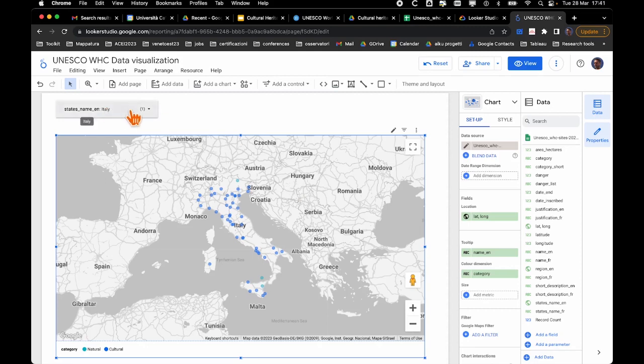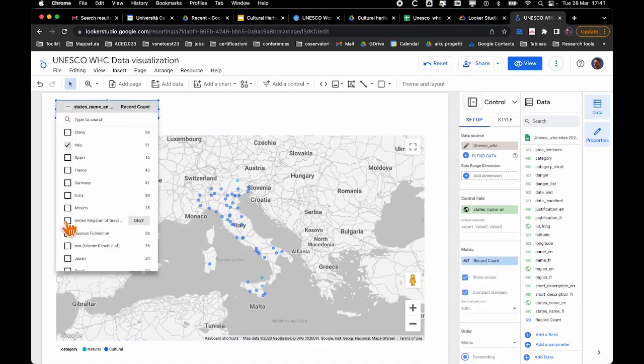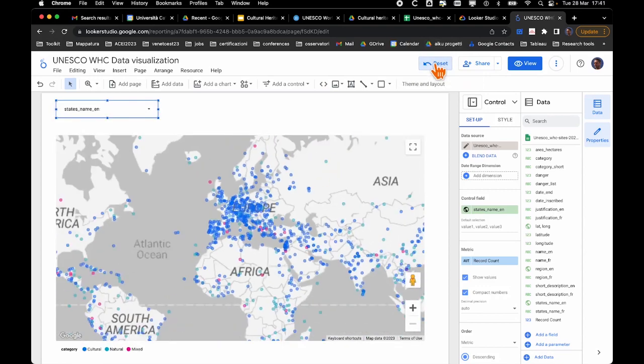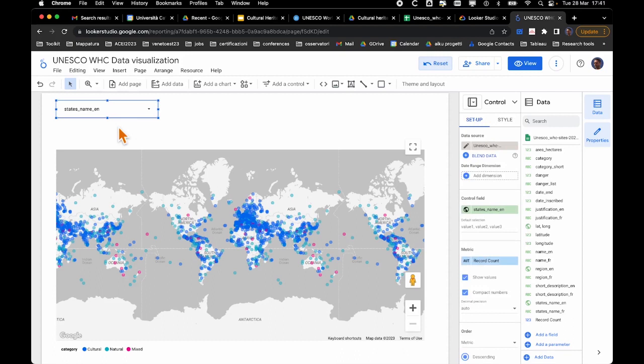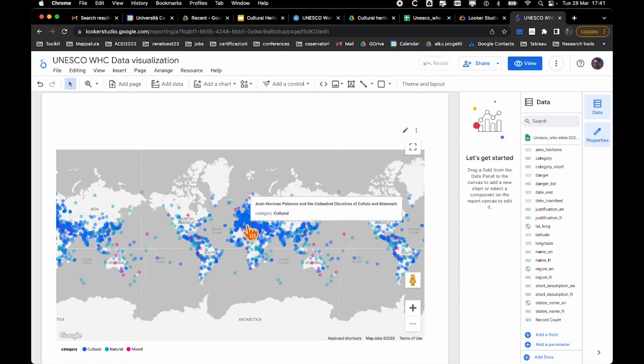Now, this is good for the explorative analysis, but you can also set filters permanently. For the explorative analysis, you look at the data and try to figure out things. This is very useful. You can use these filters and then reset the filters using this button on top. Let's say we wanted to permanently filter out data so that we only always see Italy. Now we can do that